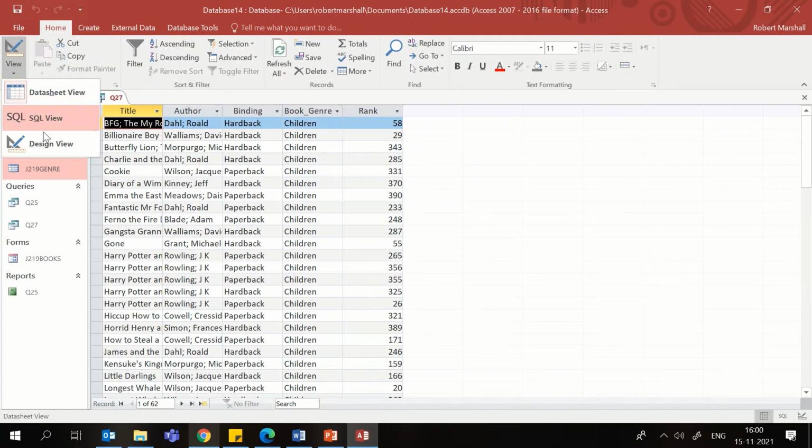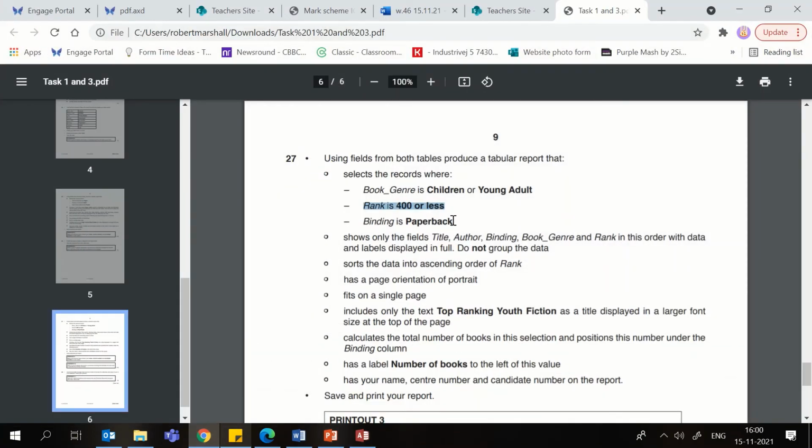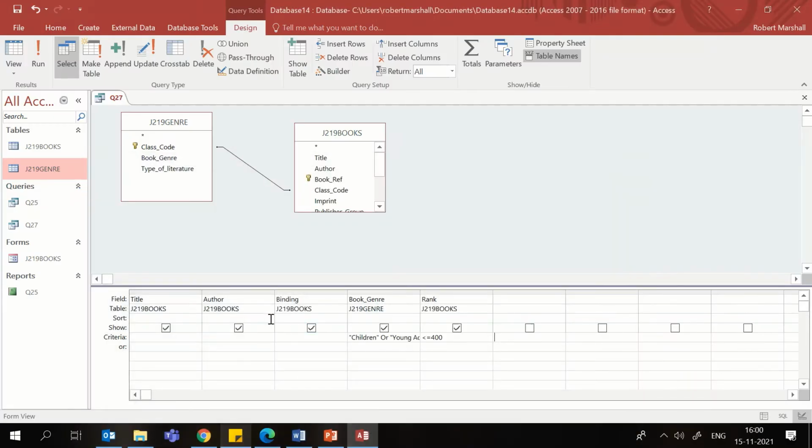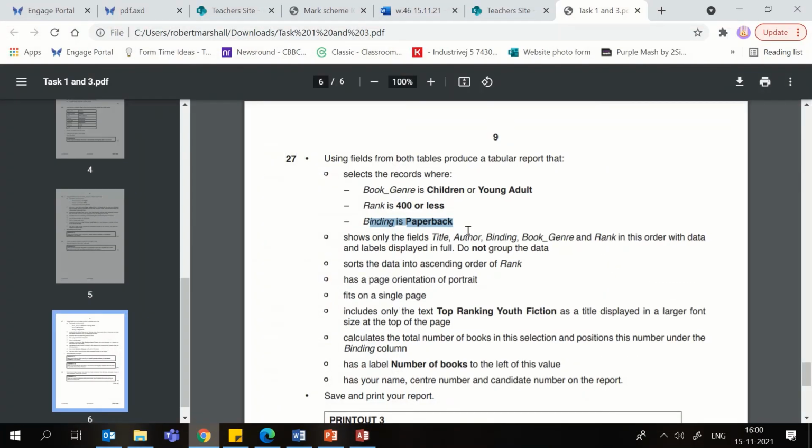And the final search was binding is paperback. So again, binding, you can put in paperback and run just to make sure it's there, and we've got 28 results now. Okay, let's look at the query,